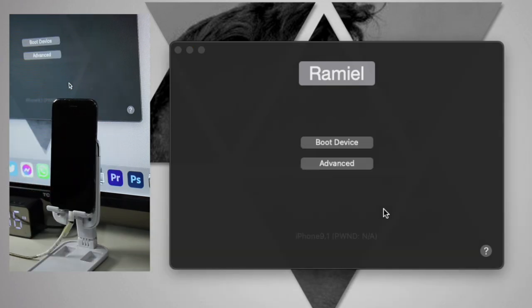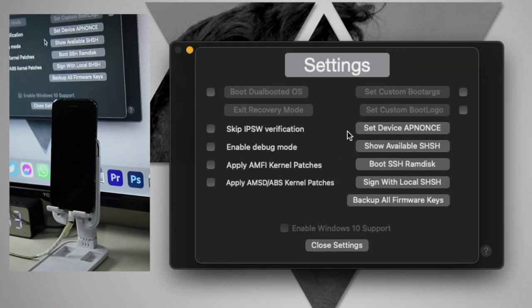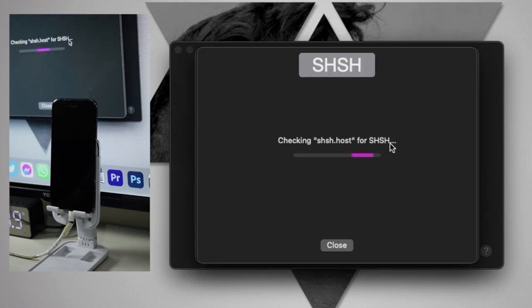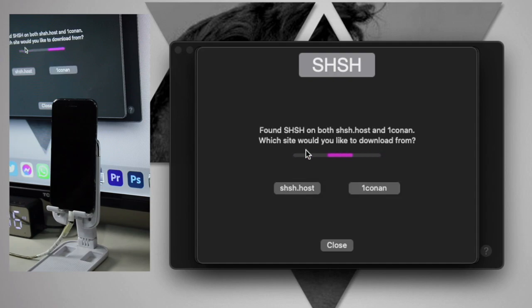So the device has now entered DFU mode, and as you can see that Remile has also detected it. So after that, click on advanced, and here you will see set device app nonce. So you can also see the available SSH files. So you can see that it is checking at sshh.host and both TSS saver. So you can choose one of them